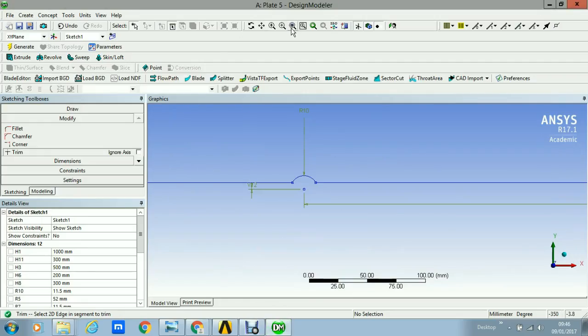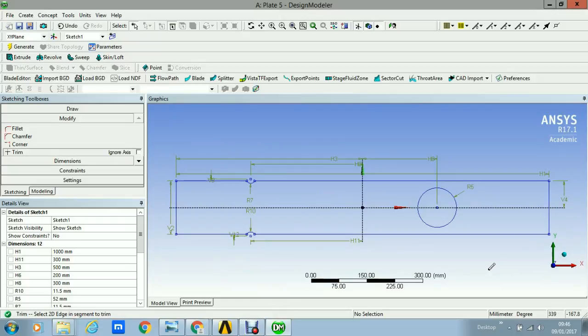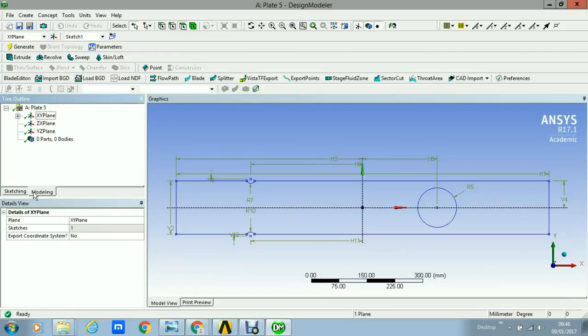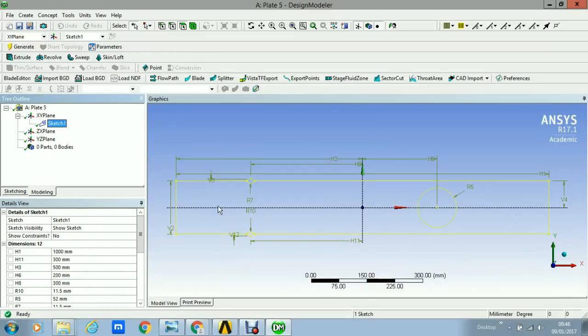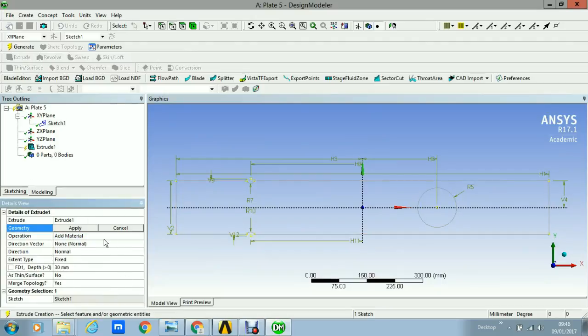So if I fit all, the last thing we need to do is create the 3D object. So what we do is we come back to modeling, I click here into modeling, I click XY plane sketch 1, so this is sketch 1. You can see when I select it, everything goes yellow. All the lines that make up that sketch go yellow. And if you look here, we have this extrude option here. So if I pick extrude, we don't really have to change anything along here. All I need to do is set the depth to 40 millimeters, and it adds material. So if I press OK,